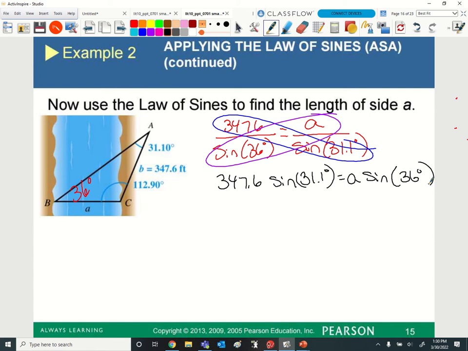All right, so to get my a by itself, I'm going to divide both sides by the sine of 36 degrees. So those will cancel. And so I'm going to get little a is going to be about